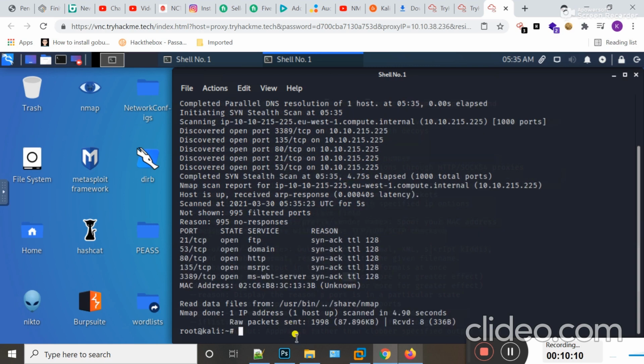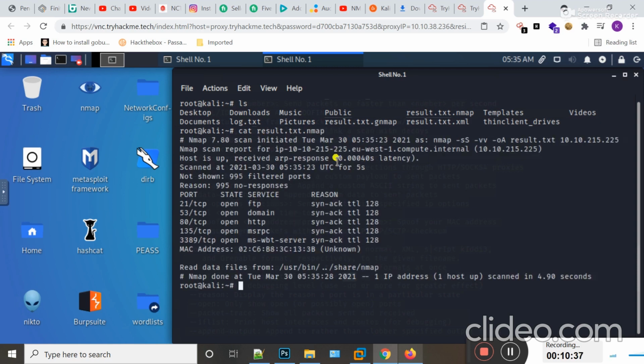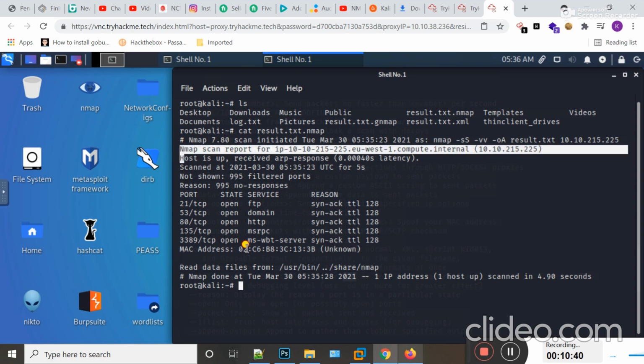Now if I type ls, you can see that the output files are generated. One is in grepable form, another is in text form, and the third one is in XML form. If I type cat result.nmap and hit enter, you can see that the result is shown in text form.